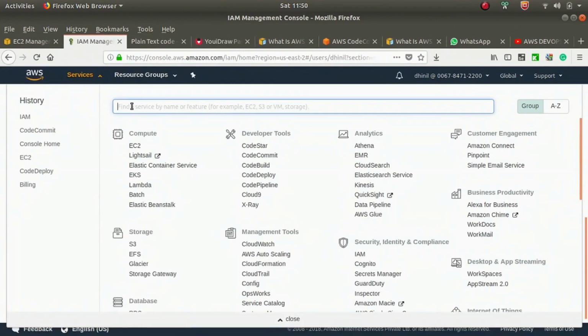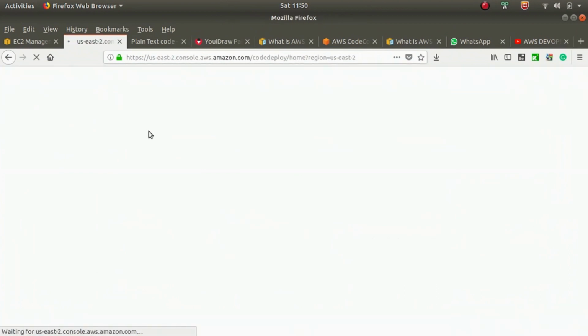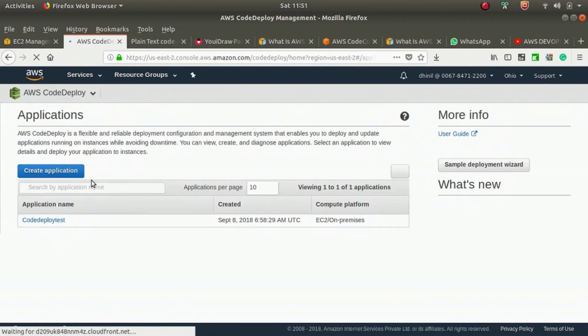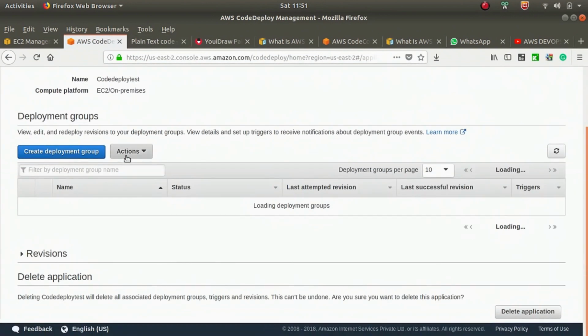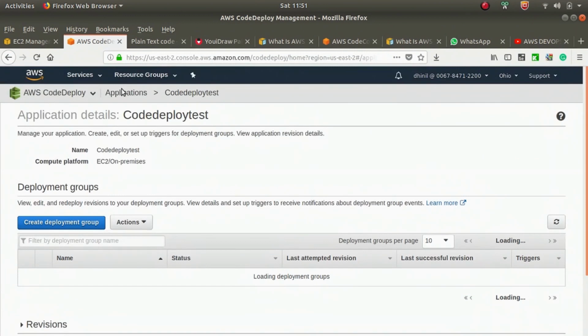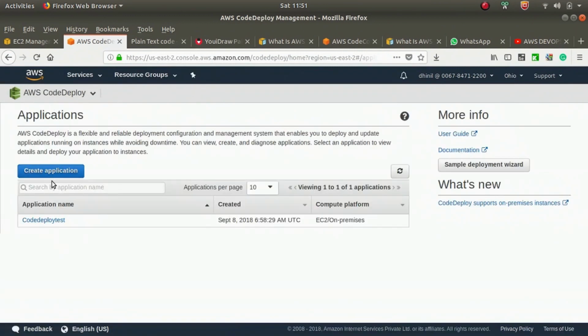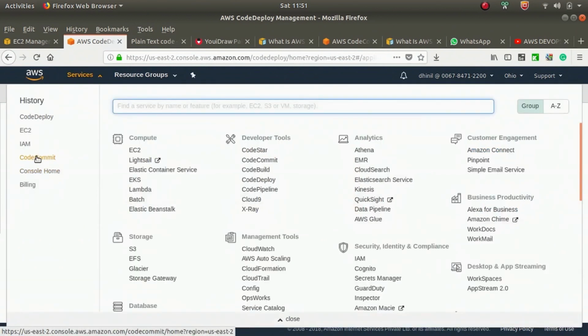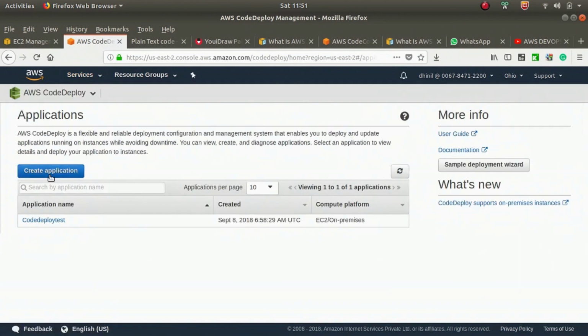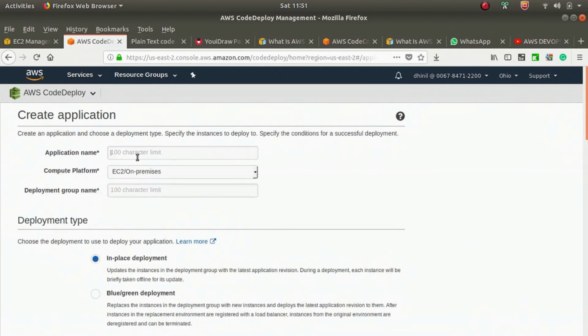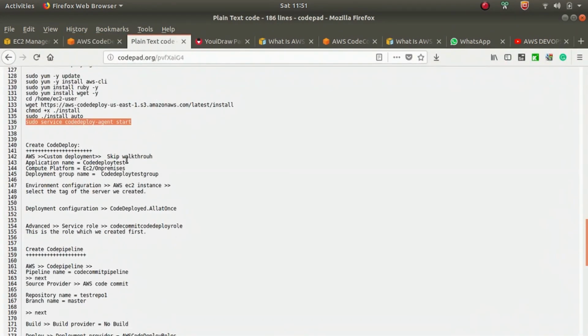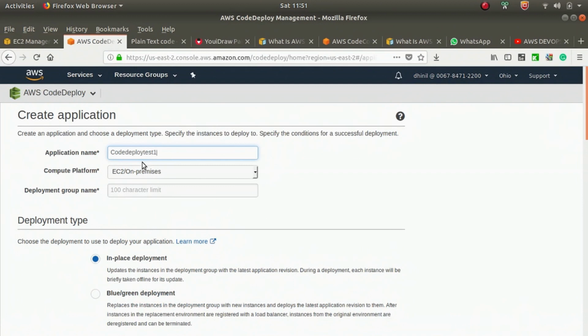So go to CodeDeploy, create an application and put an application name, CodeDeploy test 1.